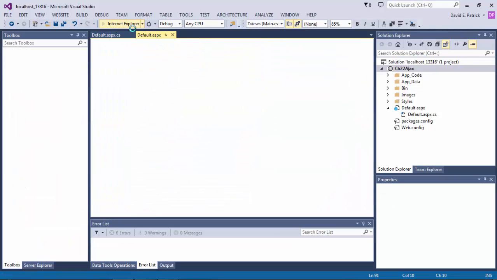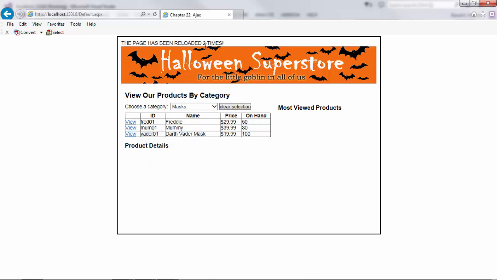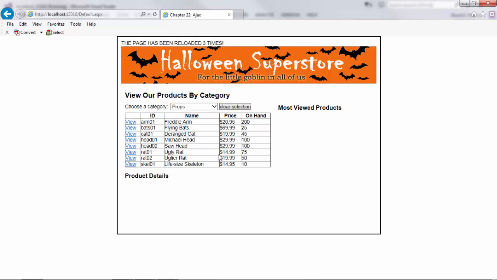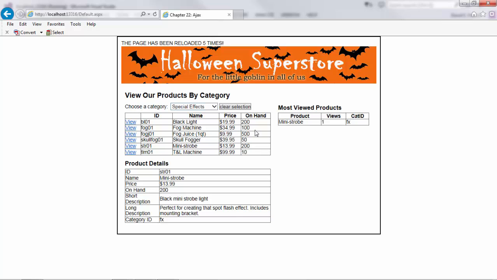So let me go ahead and run this. And you'll see a normal, what we'd expect in a non-Ajax application. You can see I added this thing up at the top that says how many times the page has been reloaded. So if I switch to mask, the page flashes. We're on the second load. Page flash on the third load. Fourth load. If I click view, it goes out there and notice the page